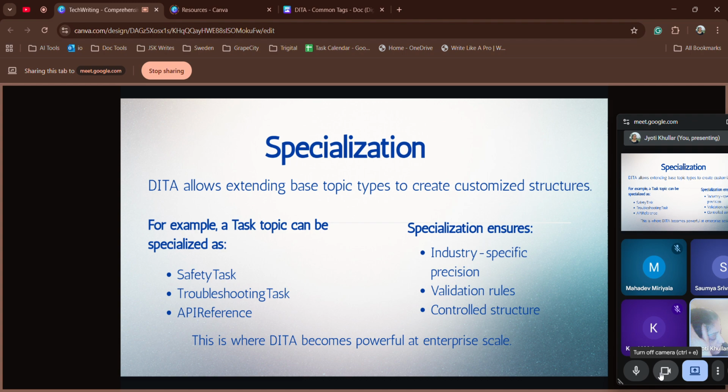So we did this little grammar, which I called a specialized topic, because the default topics are just concept, task and reference. So a specialized topic is a topic that you create as per your requirement. Specialization basically allows extending basic topic types to create customized structures. In fact, specialization is not only happening at the topic type level, it is also happening at the element level. For example, if you're